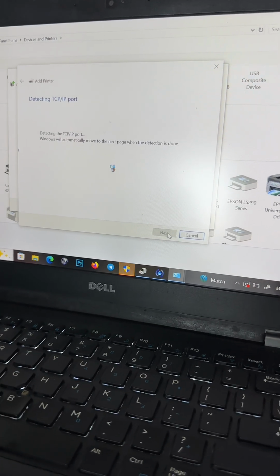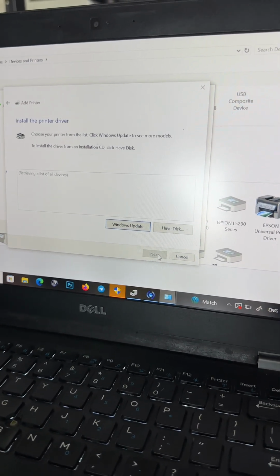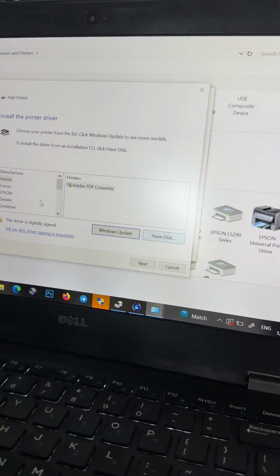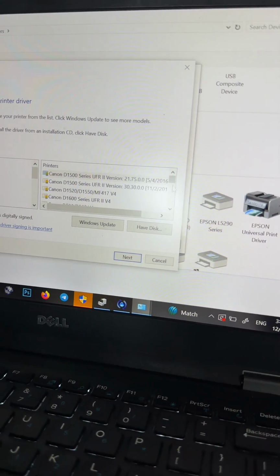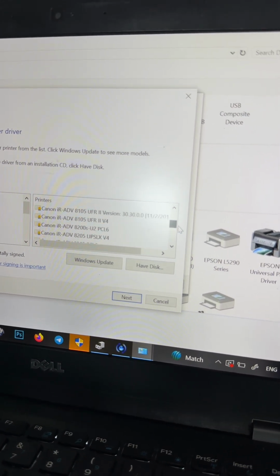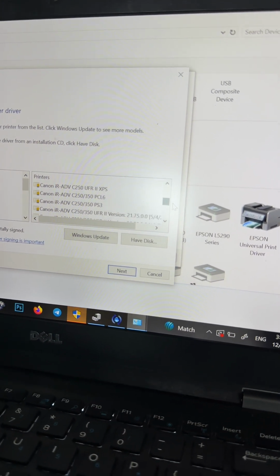This code, when you change the IP or change Wi-Fi, you need to change the IP address. You go to Canon. Yes. You scroll down to find the model of the machine. Canon ADVC 256.